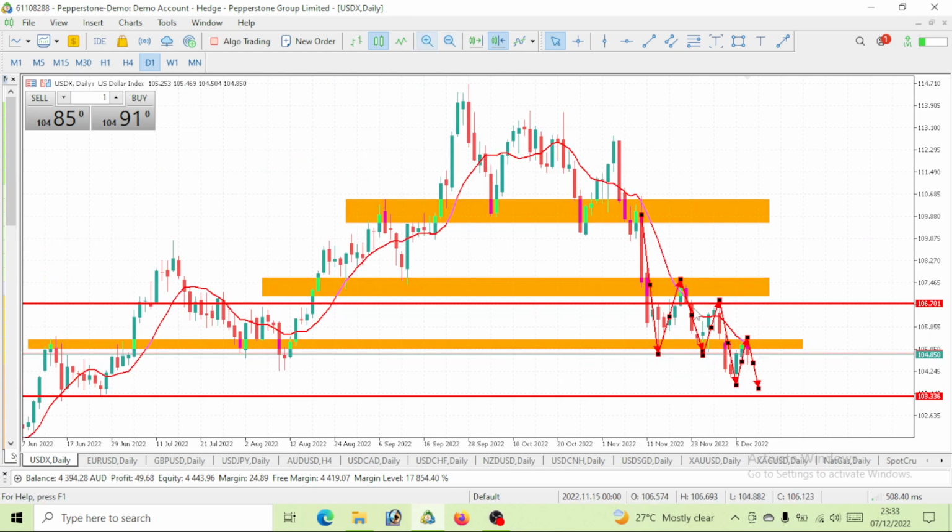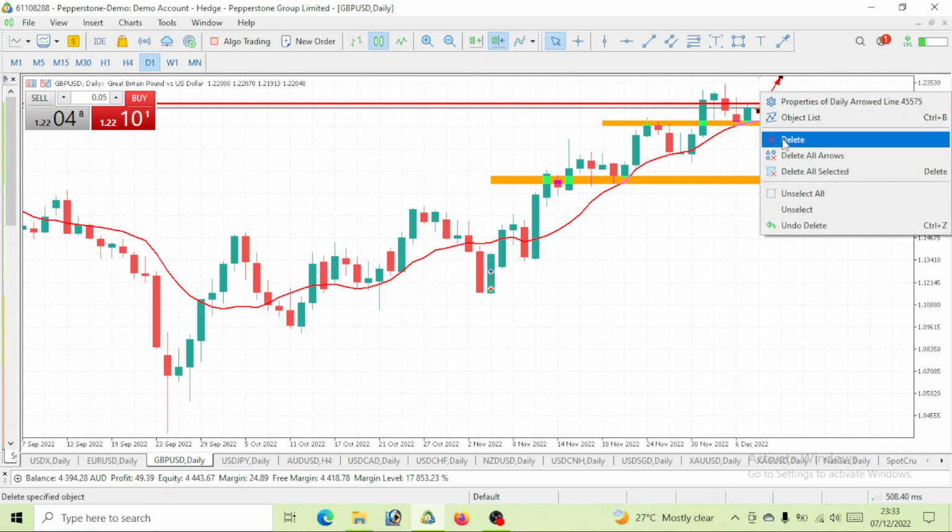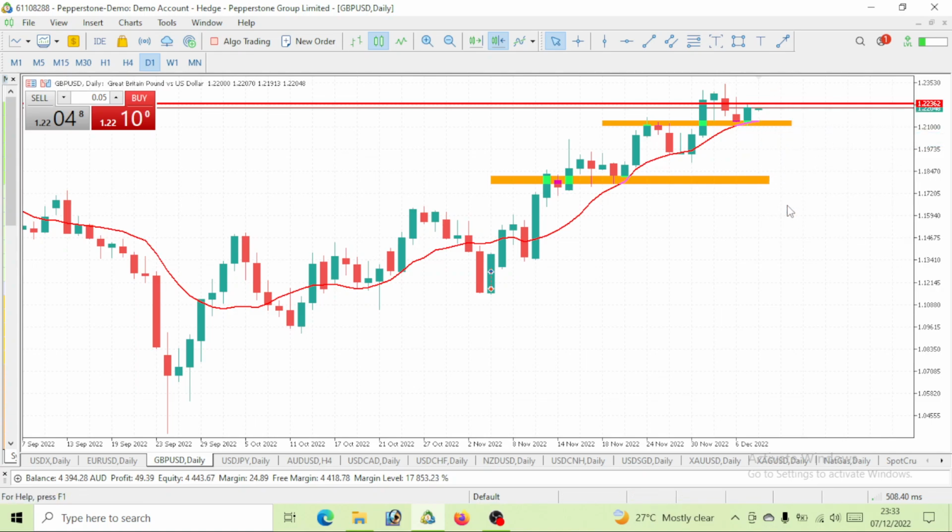So this USD index will continue to have this drop, and as long as we are having a drop on this USD index or DXY, then be expecting a bullish move on this GBP USD. That is to tell you that as USD is dropping, then expect a bullish move on GBP USD. So that is what we'll be expecting for the 8th also, which is the next day, 8th of December. We would also expect a bullish move.